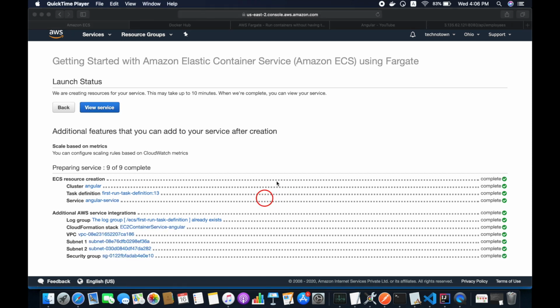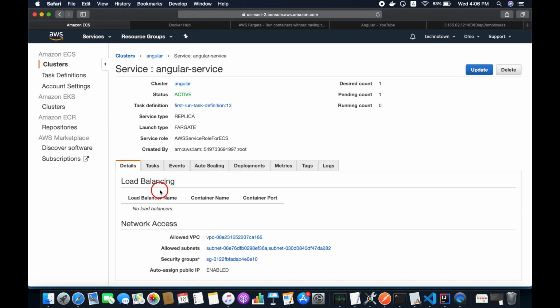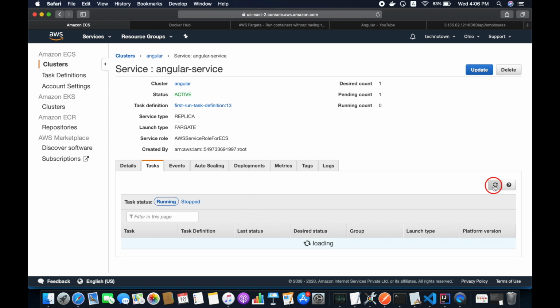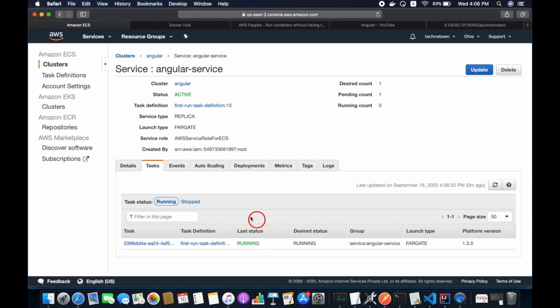Now it's created successfully, so all the services are completed. You can check the status here and click on view service. Click on tasks, and the task status is showing as pending. Let's refresh this. The status is showing as running now.